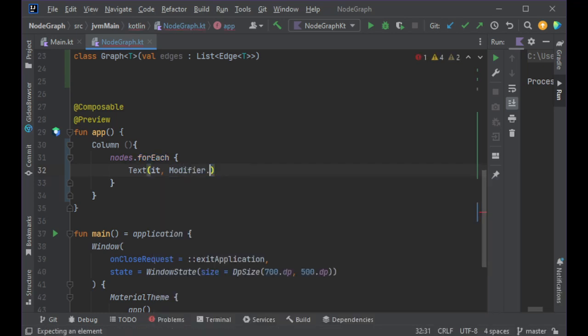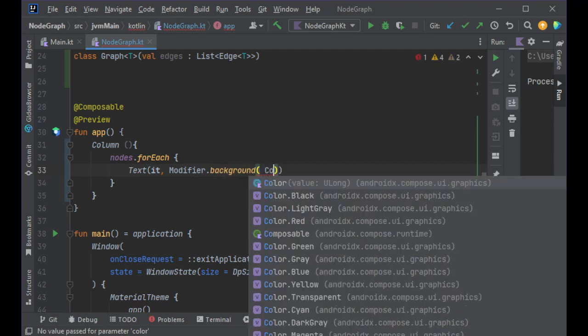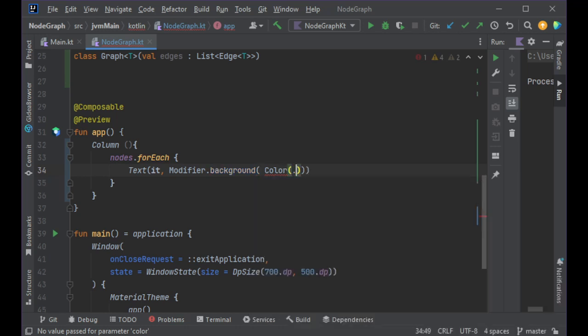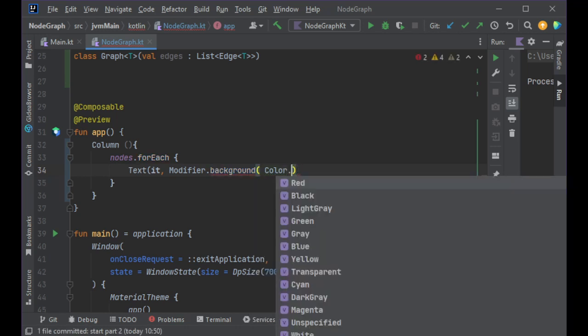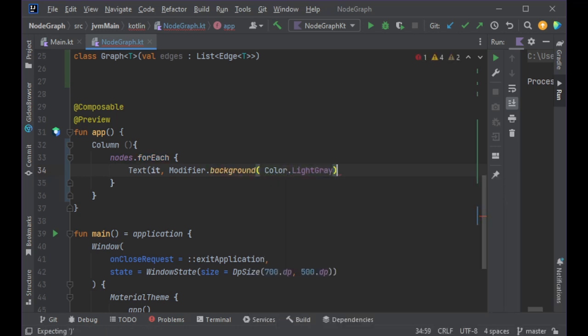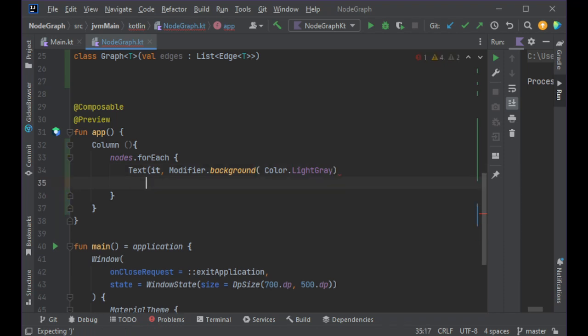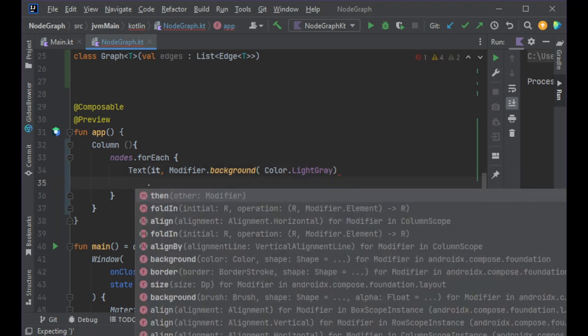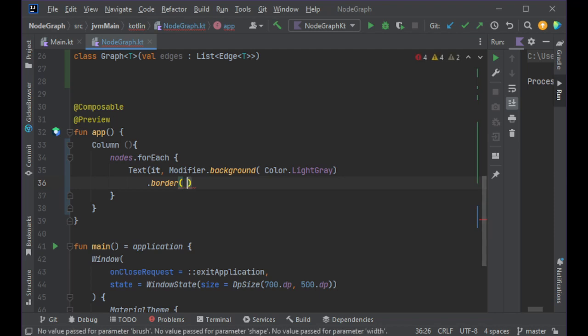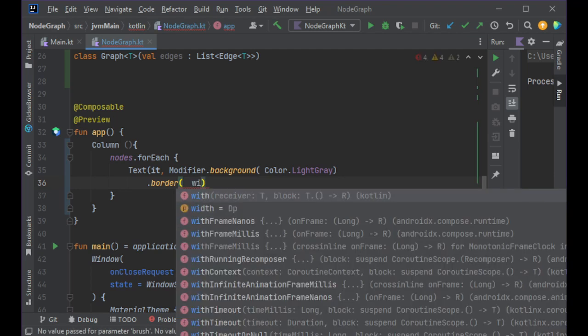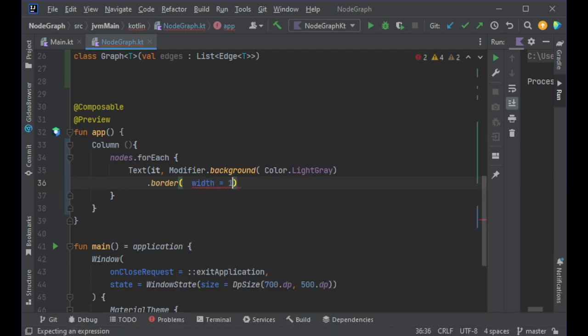For example, I want the background to be of a color. You can choose any color here, but I will put in maybe light gray. And also I want a border with a width of 1 pixel,